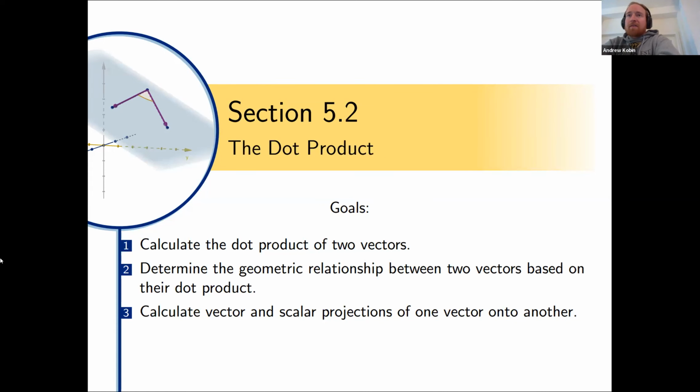Hey everybody, welcome to lecture 5.2 on the dot product. In this video, we're going to talk about the other notion of information contained in a vector, which is the direction of the vector. We discussed a little bit about directions of vectors at the end of 5.1, where we talked about parallel vectors